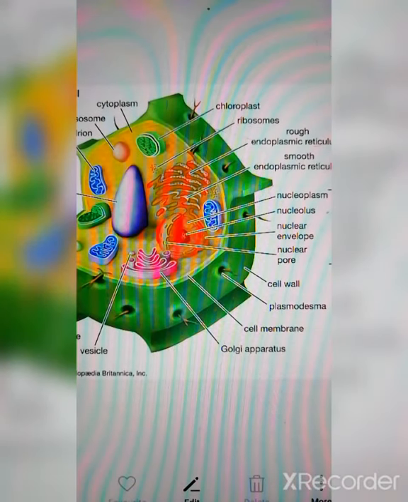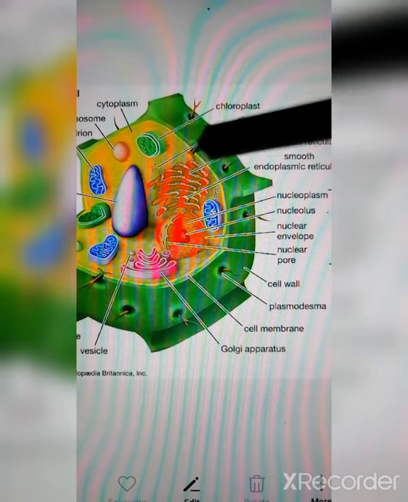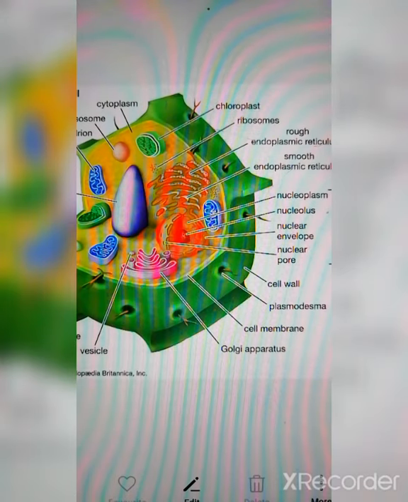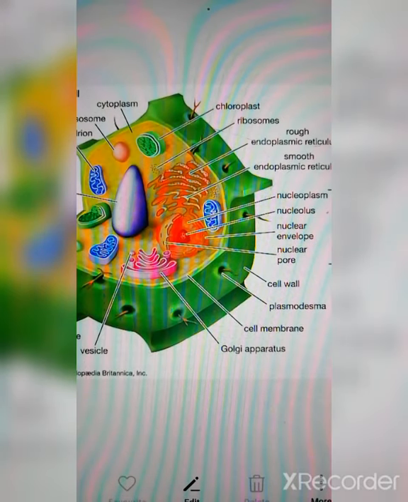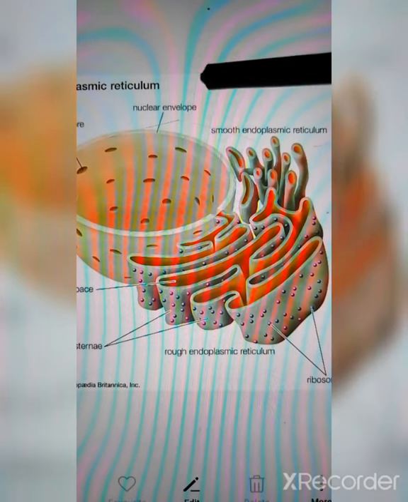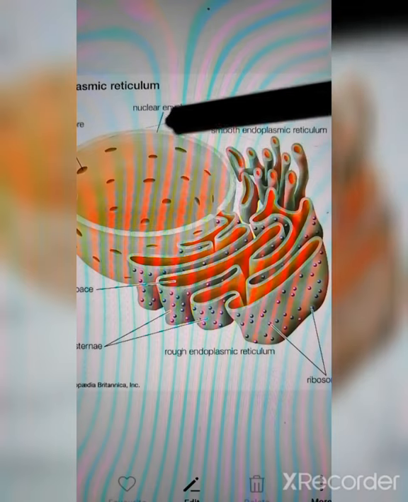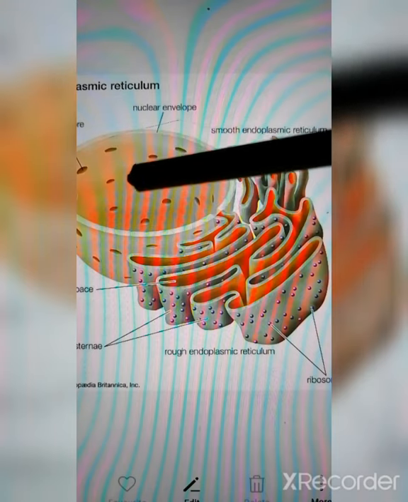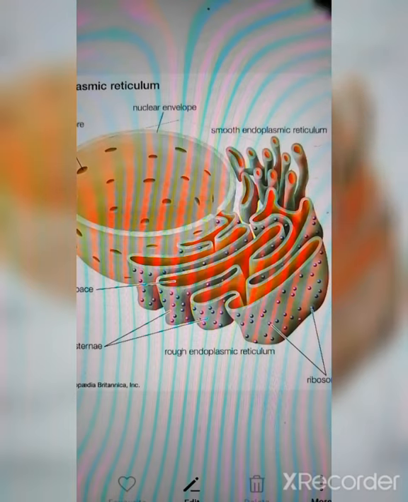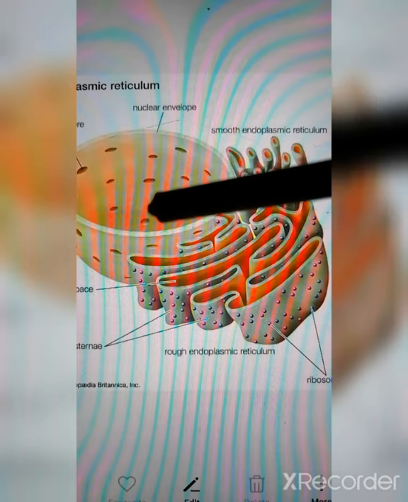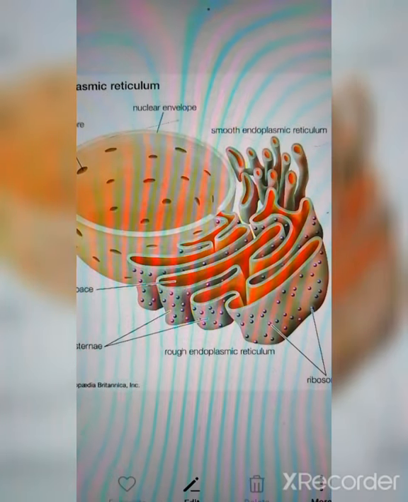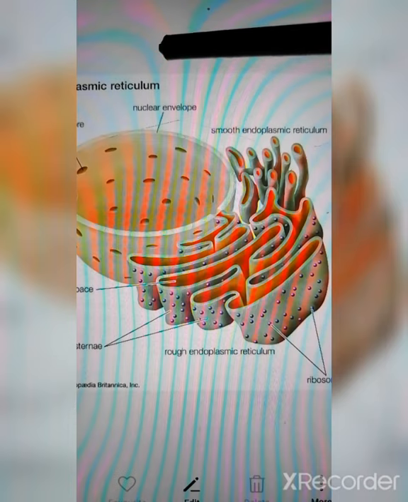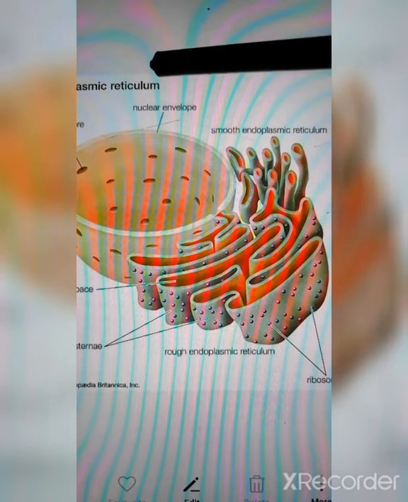Hello friends, we will continue with the next organelle, which is the endoplasmic reticulum. You can observe the endoplasmic reticulum over here. Wait a second, I will show you another diagram. Okay, fine, there, it's a better diagram of the endoplasmic reticulum. Apart from the nuclear membrane which surrounds the nucleus, the endoplasmic reticulum also surrounds it. The endoplasmic reticulum can only be observed with the help of an electron microscope.